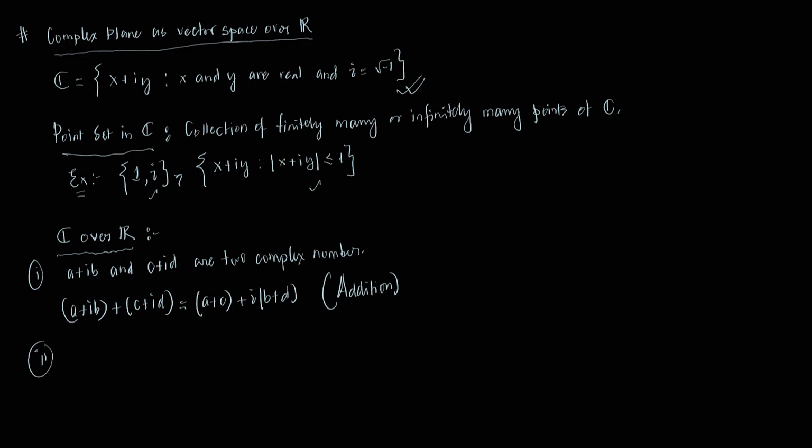Now I want a scalar multiplication. Let's say lambda is in R and A plus iB is a complex number. Then lambda times A plus iB, what does that mean? This is the scalar multiplication. We basically multiply lambda with the real and the imaginary part. So it becomes lambda A plus i times lambda B. So if you define the scalar multiplication and the addition like this, then